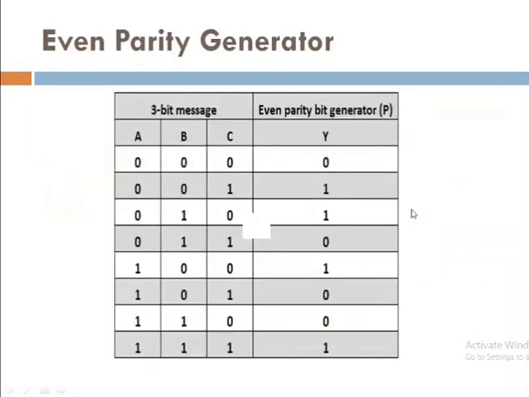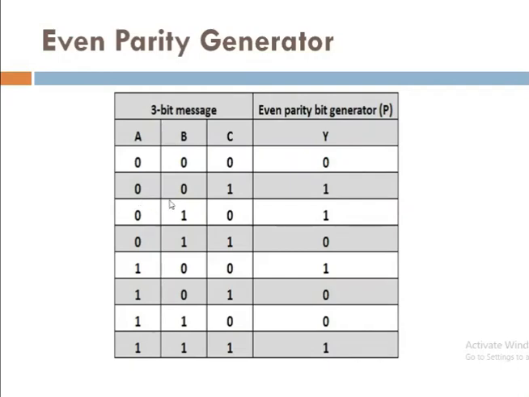Now you can observe the input stream. This is the first case. How many input bits are there? 3 bits. And how many ones are in this input stream? In this case there are 0 ones. Normally we consider 0 as an even number. So it is an even combination, and your output bit will be a 0.